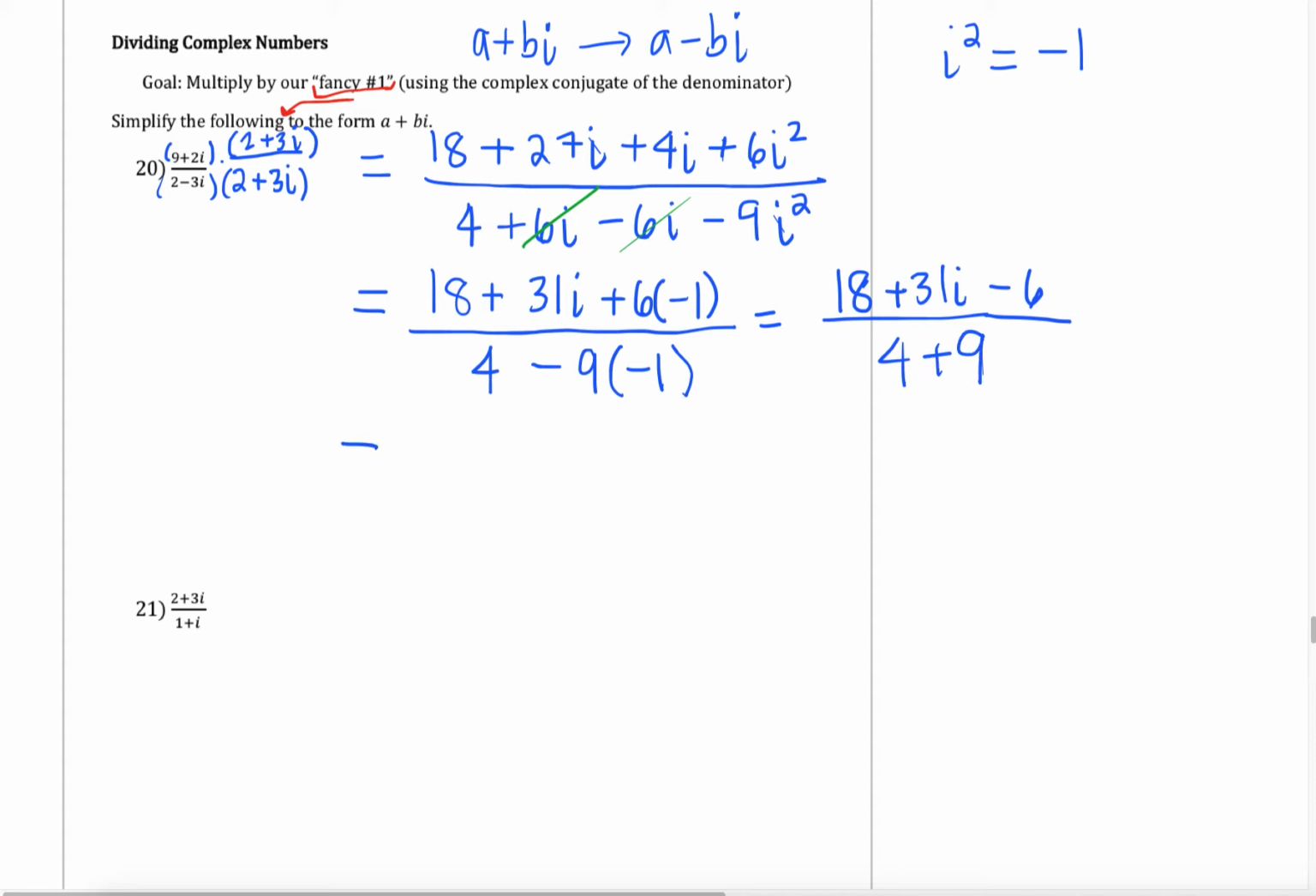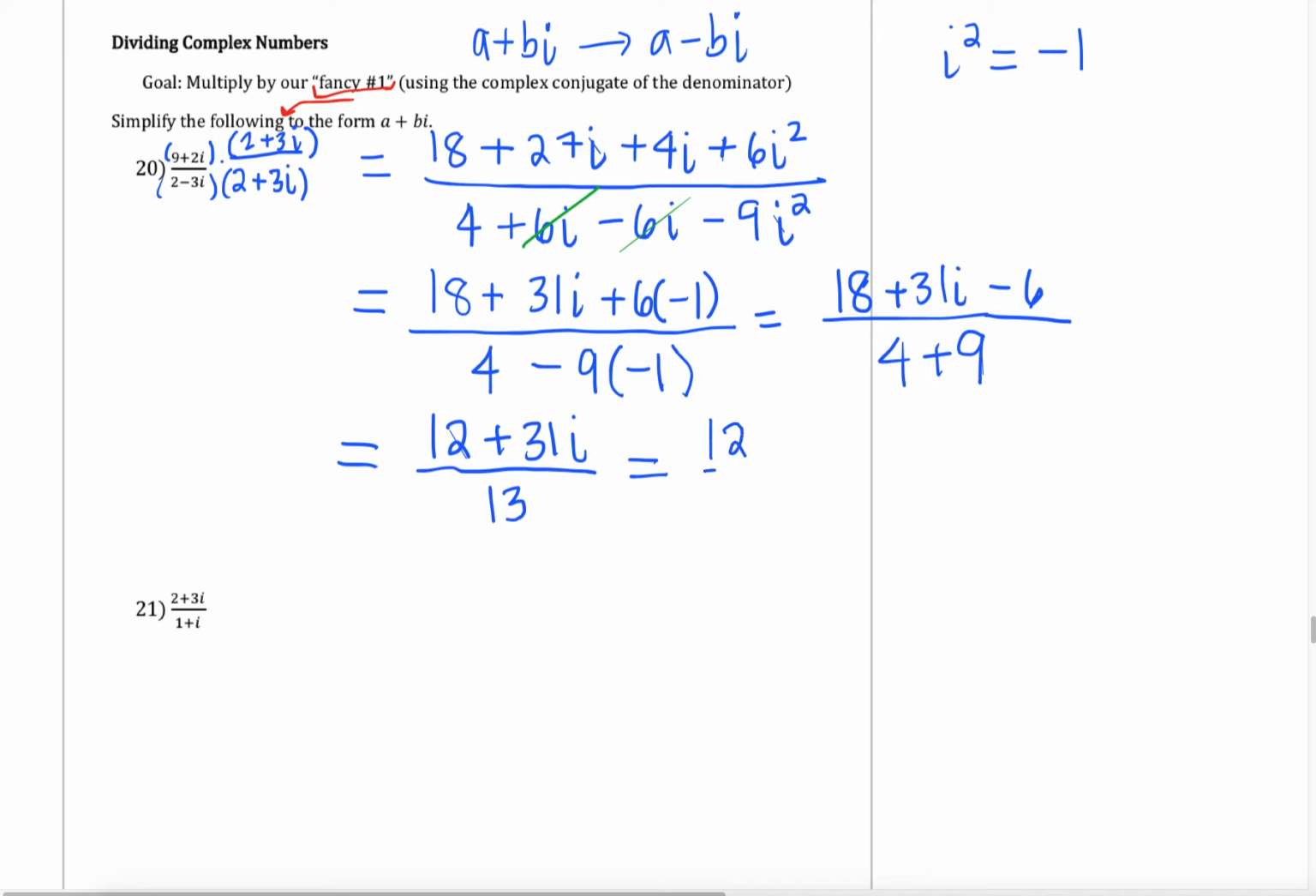Continuing to simplify our real terms, that 8 minus 6 is going to give us 12. So we end up with 12 plus 31i in the numerator, all over 4 plus 9 is giving us 13. Now from here, I'm still not in the form a plus bi, but I was able to make my denominator a real number only, so what I can do from here is split this up and